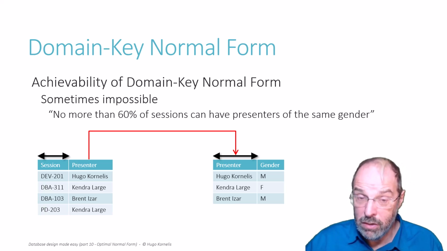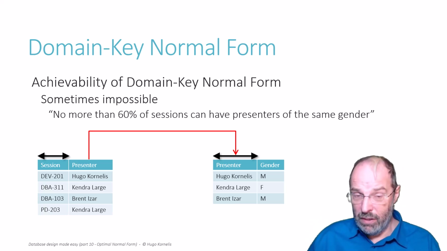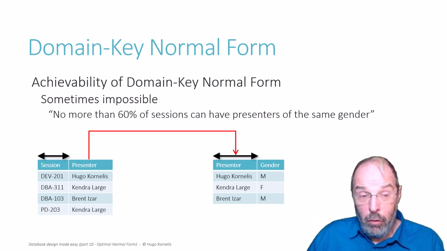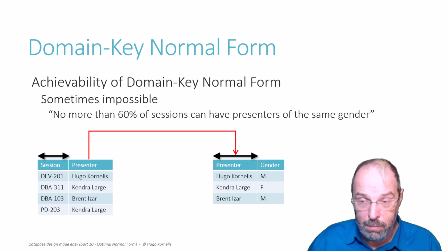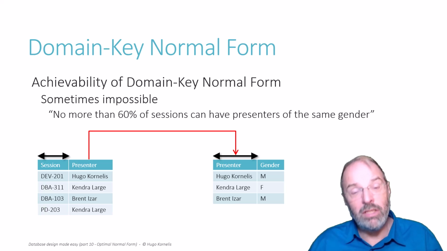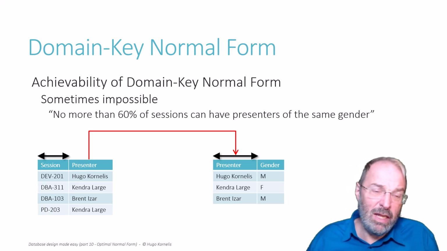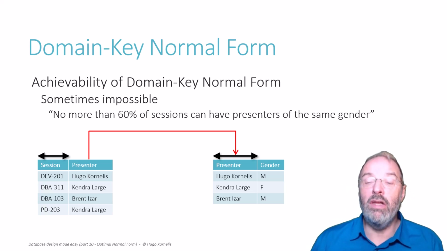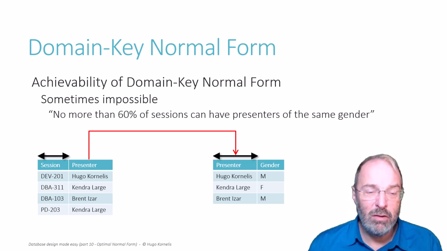Technically speaking, of course, there's this distinction between the official definition of domain and the semi-official, more broadened definition. The official definition of domain simply can't do this because we can't enforce this by restricting the values in any specific column. We need a more complex check constraint, which already means it's not official DKNF, but if you extend it to unofficial, you still need a database management system that allows you to write a check constraint that also looks in different tables. Many RDBMSs do not support that.